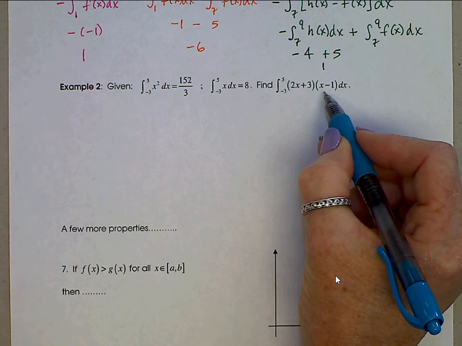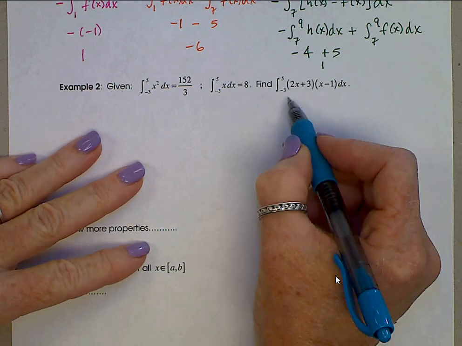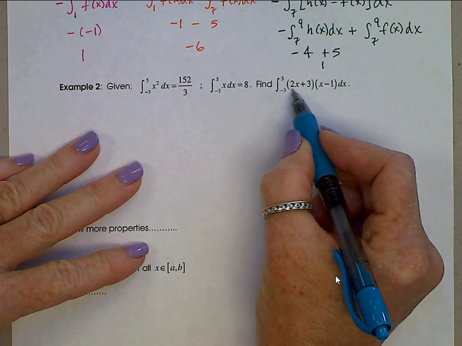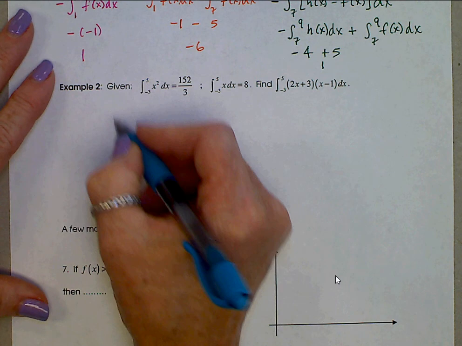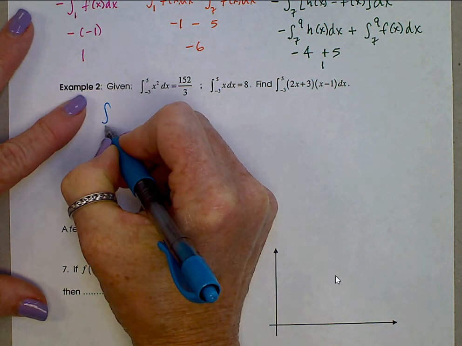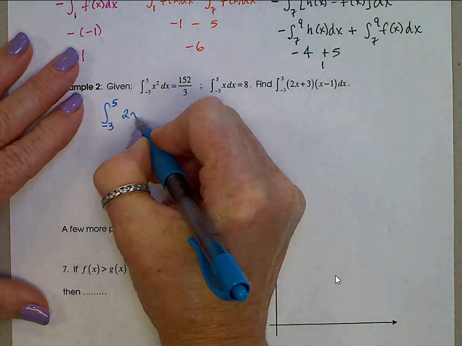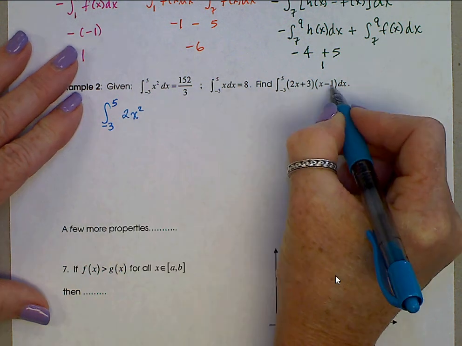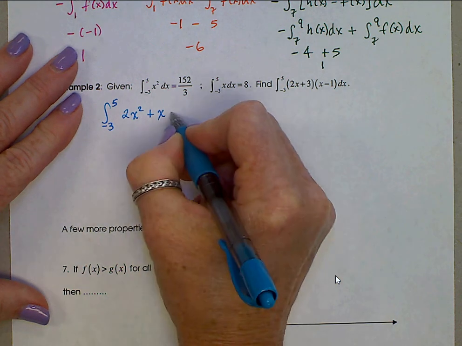There is no product rule for integrals. So we are in a bit of a quandary until we remember our algebra and realize we can multiply those two together. And we will get the integral from -3 to 5 of 2x squared minus 2x plus 3x, that's plus an x, minus 3,